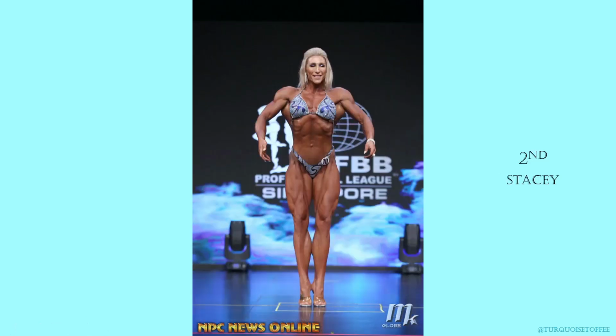All right, next in second place is Stacy, and wow, you really notice how much muscle she has. Super big legs, really full, really round, matched nicely by these really large delts. Her shoulders are just massive, big lats. She just looks tall and brawny. Absolutely gorgeous. I do wish that there was a little bit more space somehow, I don't know how, so that